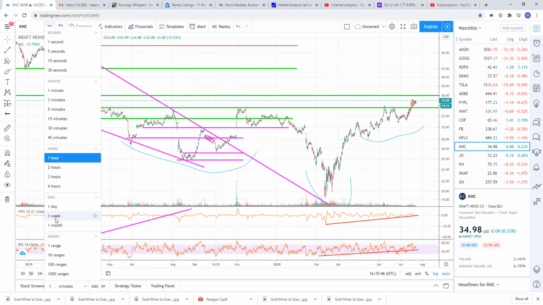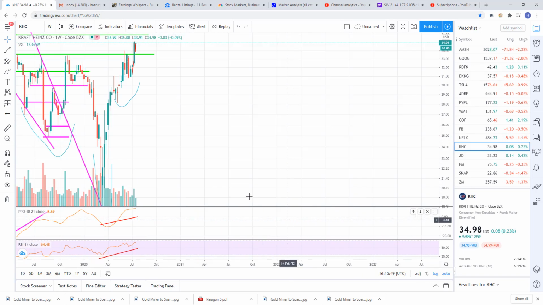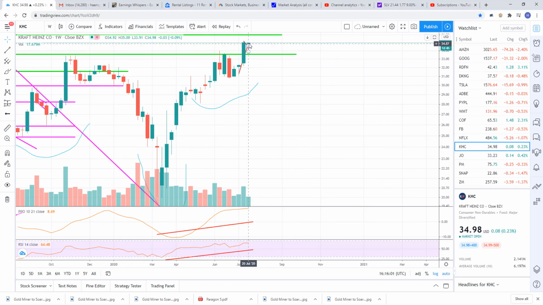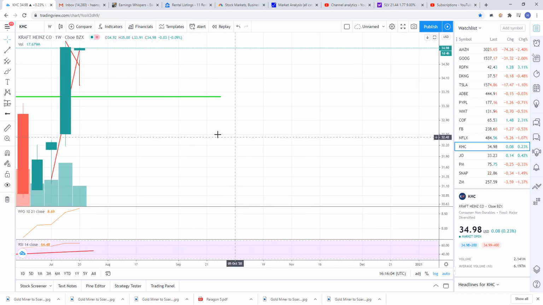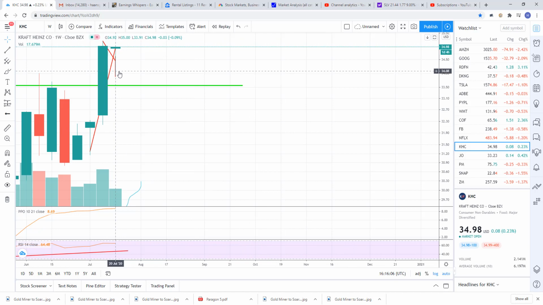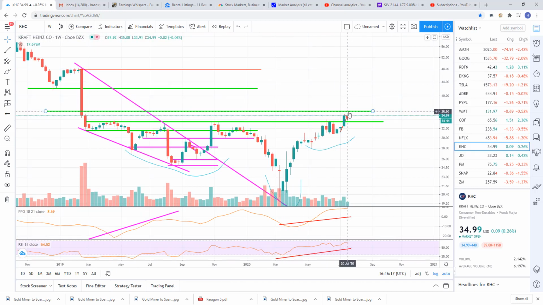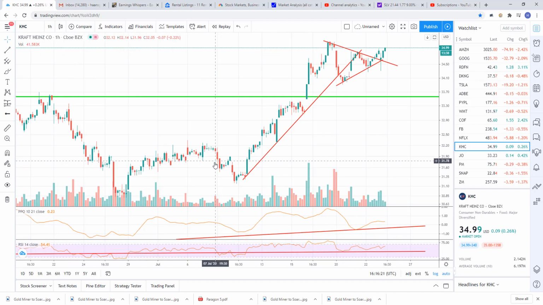And to go to the bigger picture, I usually use the weekly, but here's the weekly, and look at this. Here's your resistance right there, 33.52, and we broke above on the week and closed with a breakout. So that's a breakout, and the next week we're getting following price action. And as I zoom in, look at this weekly. Came down and started to roll over, but they stepped in early before support and are starting to bid it back up. So it's starting to move higher. So I think this one at least is going to run up to gap entry at 35.90. And then go back to the hourly here. I'll show you the gap entry.